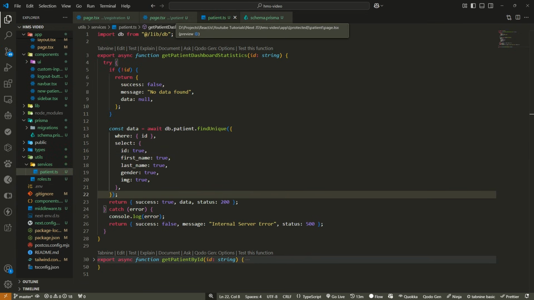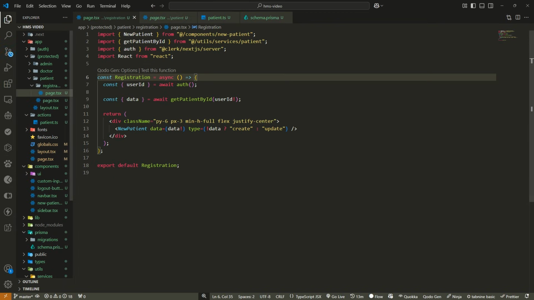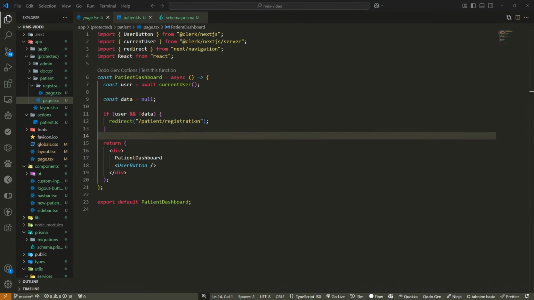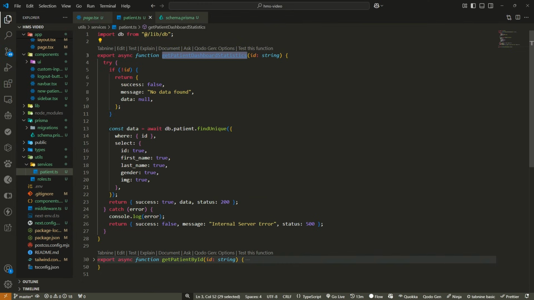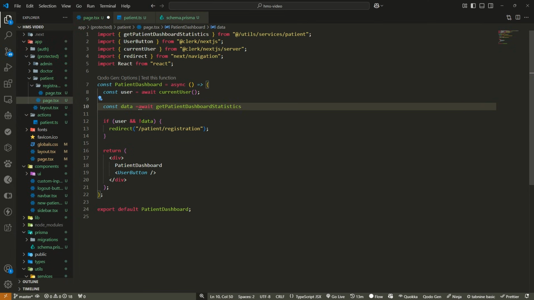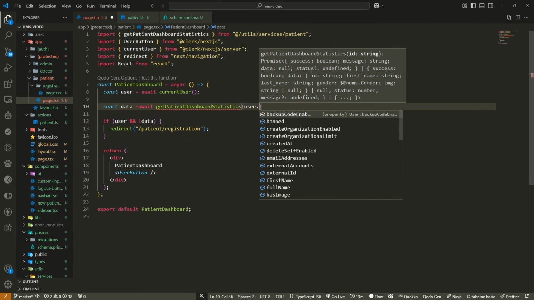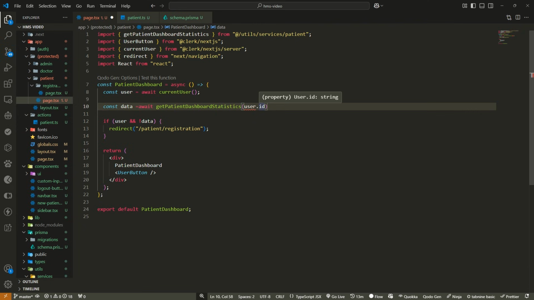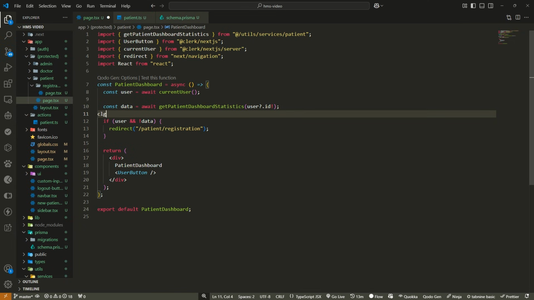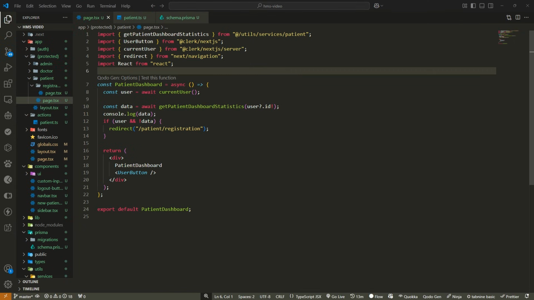So if we go back here, we can close this. I'll just copy the name of the function since it's a little bit long, and I'll just say await, and put the name and pass the user.id to it, and I'll put this to make sure that it exists. Let me also put a question mark, like this. So here I can put this for you to see. If I open the terminal,